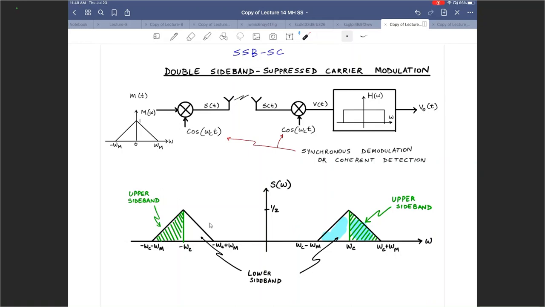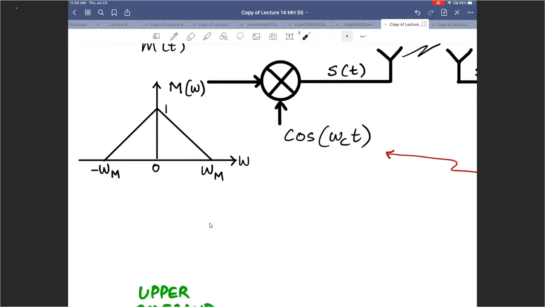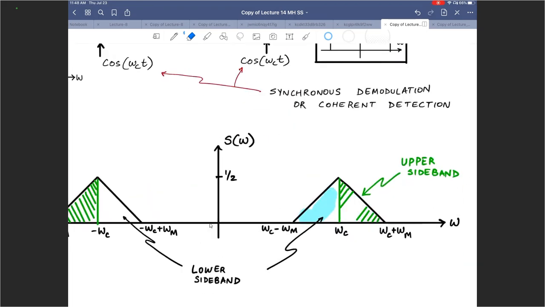It comprises M of omega, right? So if m(t) is real, it will have Hermitian symmetry. That essentially means that whatever is here is the same as here. They are both the same information. And if I upconvert it, if I multiply it with the cosine omega_c t signal, it comes over here. But in this case, the upper sideband and the lower sideband are the same thing. So why am I using